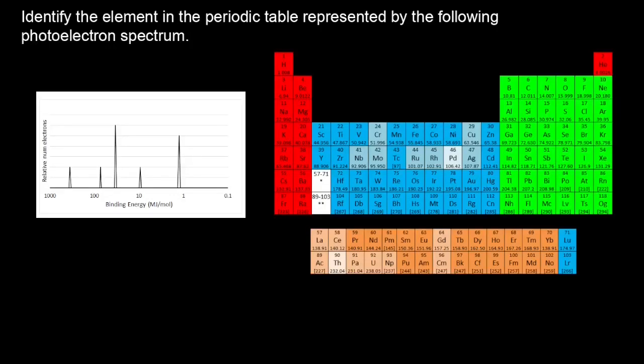Identify the element in the periodic table represented by the following photoelectron spectrum. So we start from the nucleus, from the shell with the highest binding energy, and work our way to the valence shell. And you can follow the periodic table to do this, going from each energy level in order. So we know that the subshells closer to the nucleus get filled first,